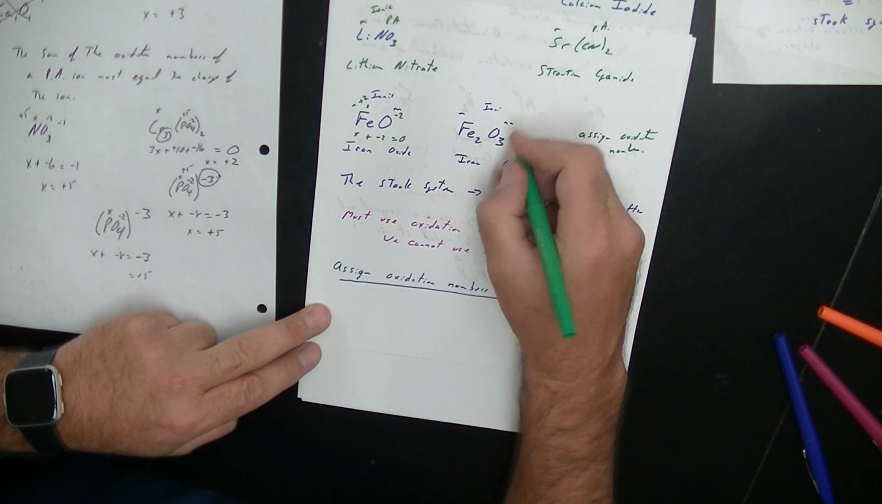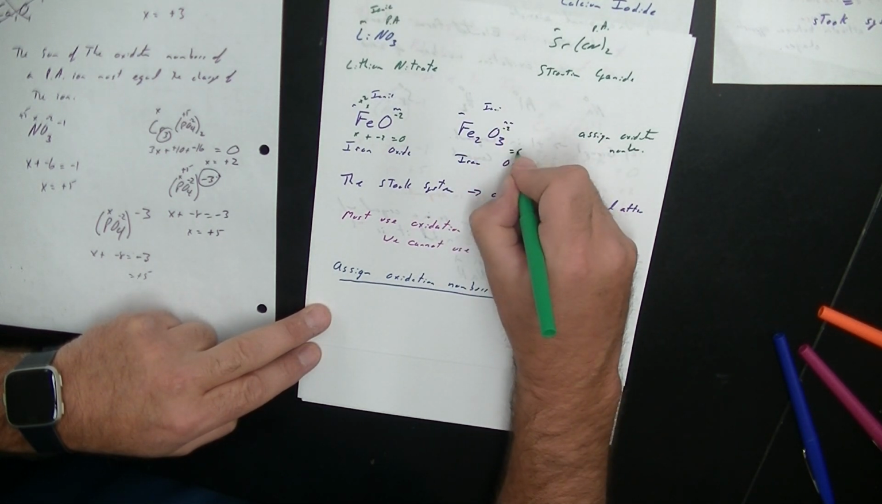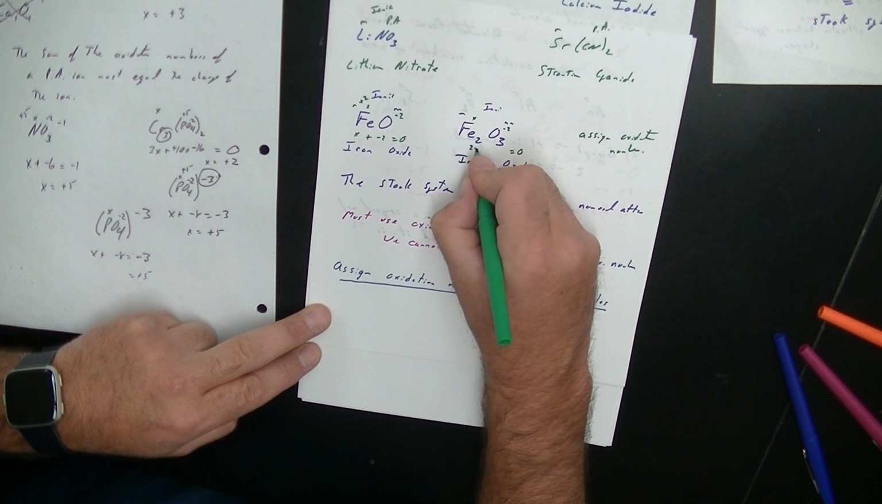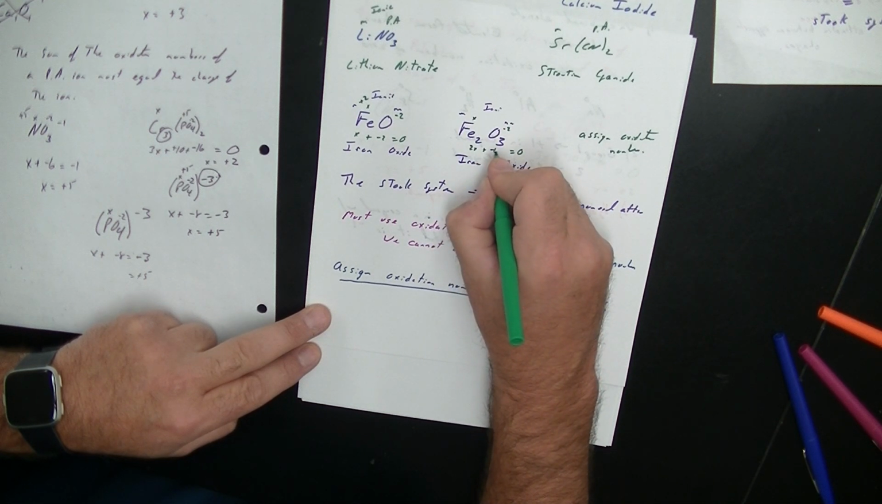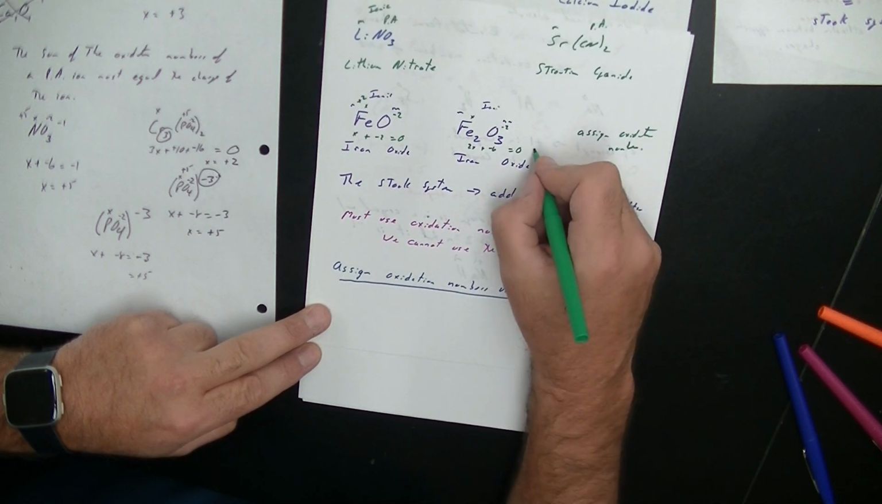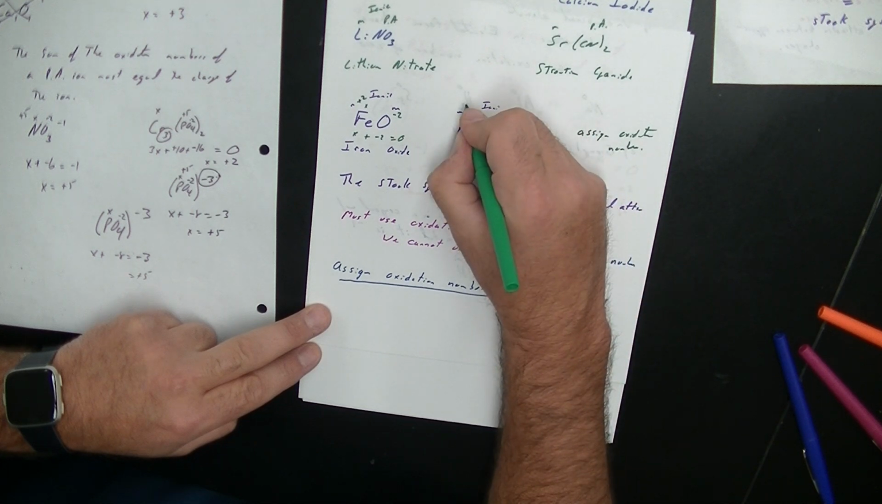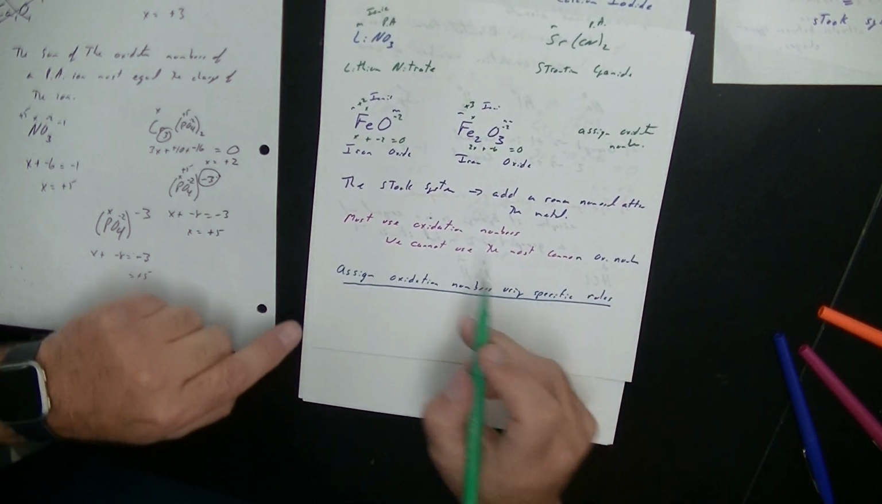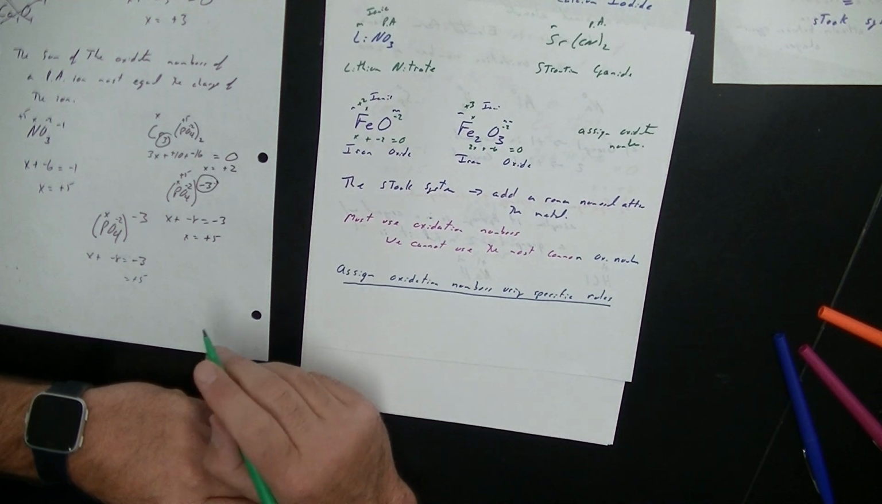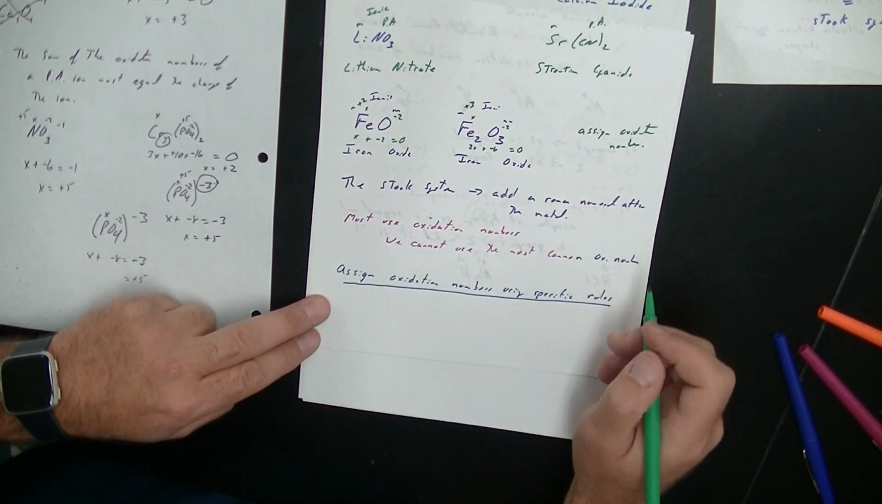If we do the same thing over here, -2, this equals 0. We get 2x plus -6 equals 0. And in this case, iron is +3. We have to show this difference in our name. And to do that, we use the Roman numeral